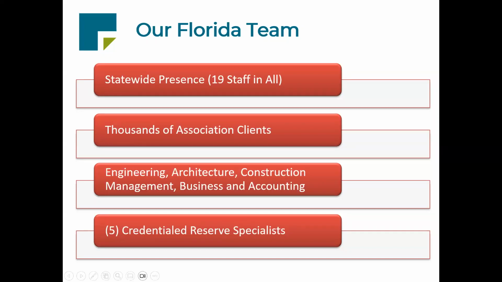Amongst our staff, I think we've got a very good broad skill set, talent base with staff members that have degrees in civil engineering, mechanical, industrial, construction management, business, accounting. Also, one of our more recent hires is a full-time structural engineer, professional engineer with lots of experience in forensic engineering, particularly in Florida. At the moment, we have 5 of our staff that are credentialed as reserve specialists, and we have quite a few more who should be earning that credential here in the next year or two. So bottom line is we have a lot of experience in many different domains, but our focus at this point is exclusively on preparing reserve studies.